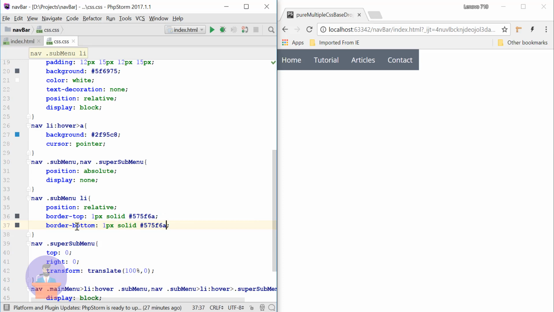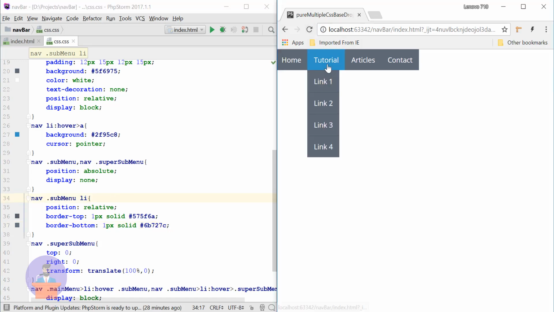Let's change it to some different color. So here I will use 6B727C. So let's just check. Okay, so here you can see we have provided border top and border bottom color. So I think we have created our super menu, submenu, and our main menu.